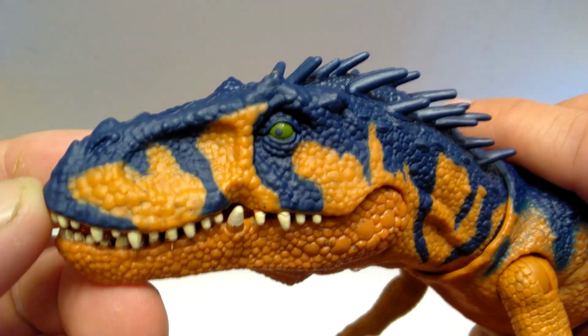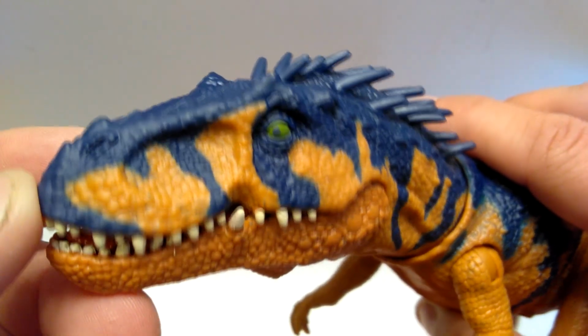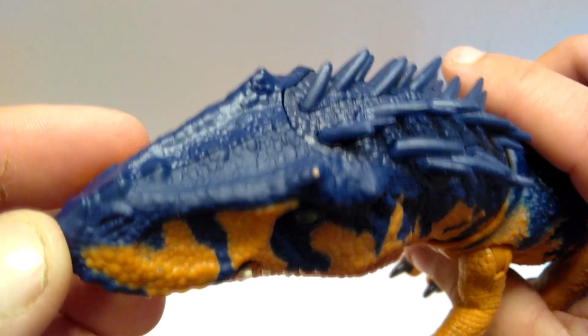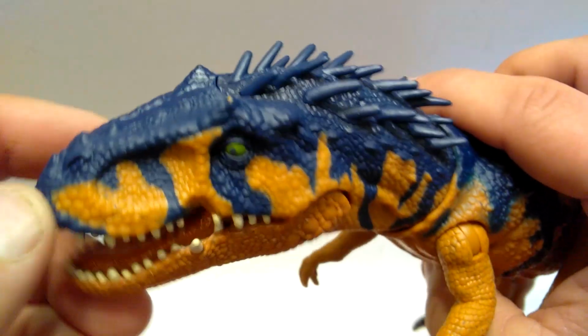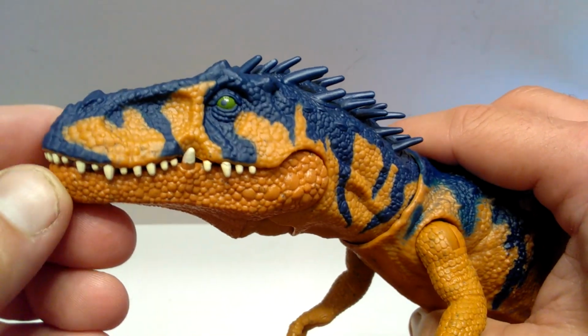Pretty much perfect and spot on are both eyes, which is definitely some good news. You can see the nostrils sculpted out up there in the front of the snout. If we come up here to the top of the head, some more really nice scaling. We also have kind of a crest-like area, similar to an Allosaurus somewhat, up there on the top of